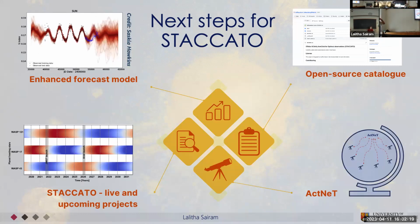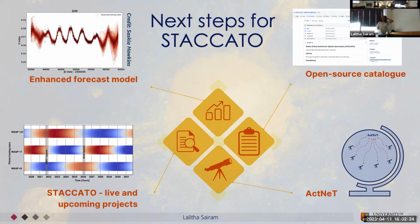So one of the main things that I wanted as part of this project was to have this as open source, so that people don't repeat this painstaking task of going through the archive to know whether your star is optimal for observations or not. So this entire database will be available for the community to use as open source, to type in whatever star is of interest to them, and to be able to know what phase the star is,